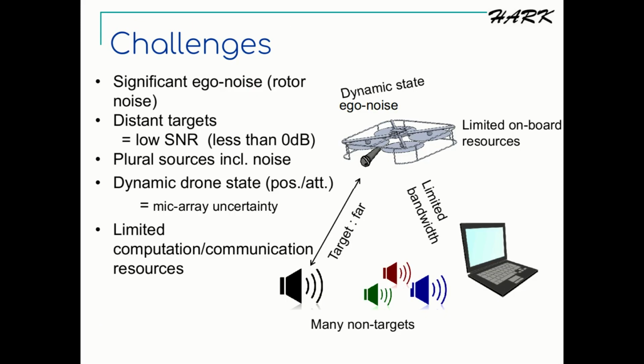Several challenges for drone audition are shown in this slide. The most significant difficulty is from heavy ego noise, mainly caused by rotors that locate very close to the microphone, while the target sources stay at distant locations, usually several to 10 meters or more away from the platform. So the signal to noise ratio can be negative, or in our case, it was around -15 or -20 dB, which made acoustic recognition really challenging.